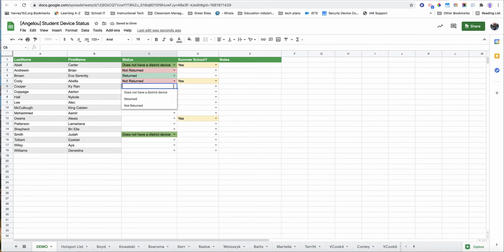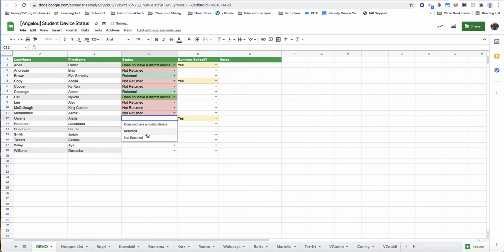And let's say Bella does not return her Chromebook. And let's say that this student also comes to school on the 10th but forgets their Chromebook, so we'll put not returned. Student returns it. This student is remote. They don't return it on the 10th, remote. Okay, so this is a potential scenario that you might face,